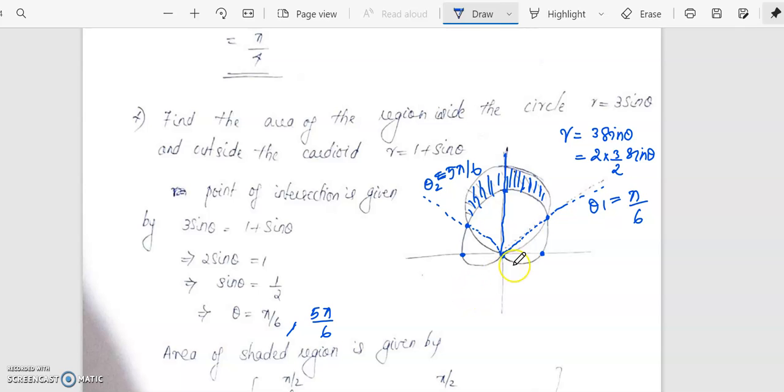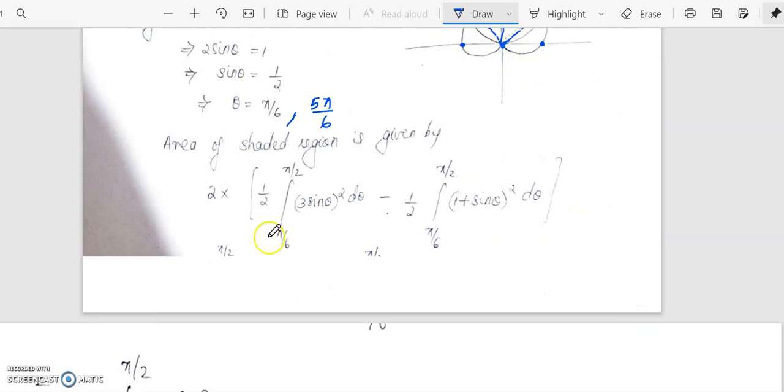Now what we will do is, we can either integrate from pi by 6 to 5 pi by 6, or 2 times pi by 6 to pi by 2. So I will take that using symmetry. So by using symmetry,